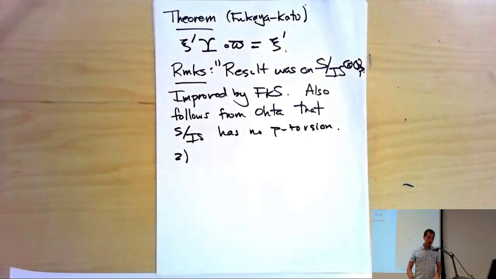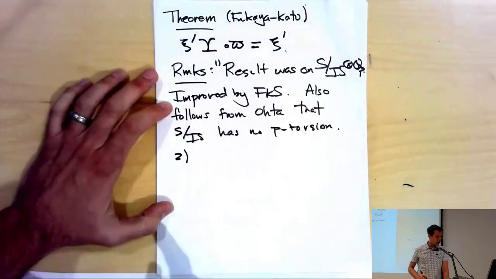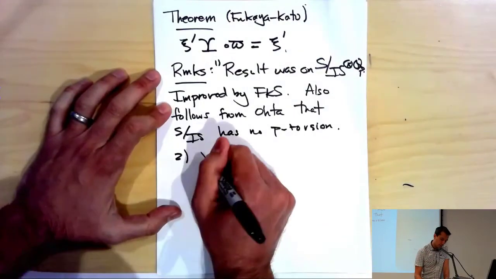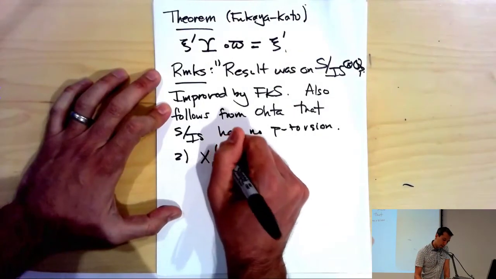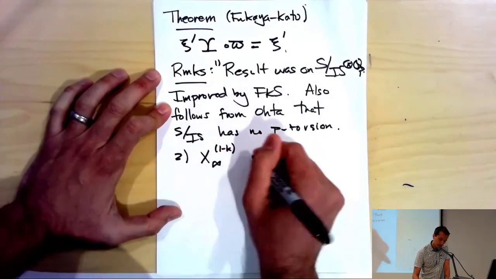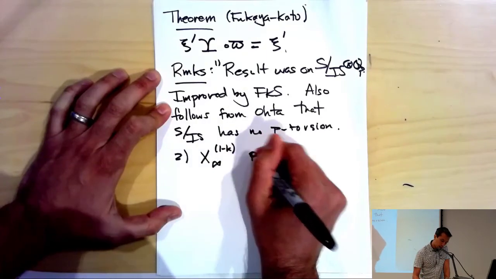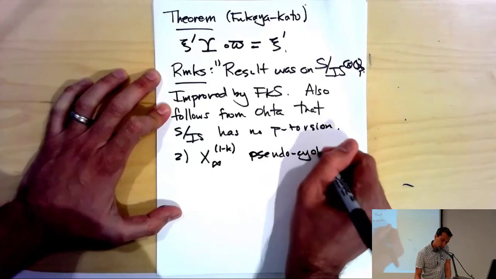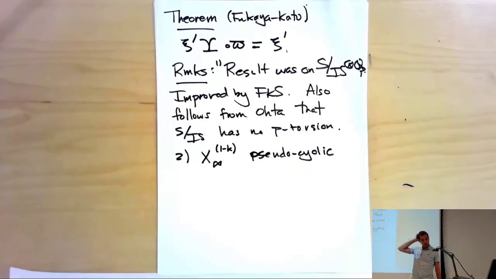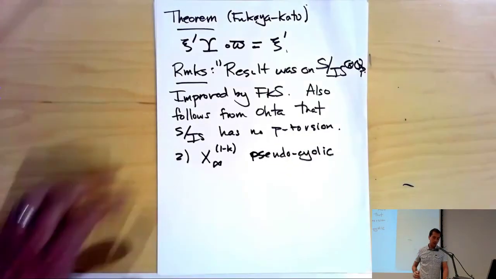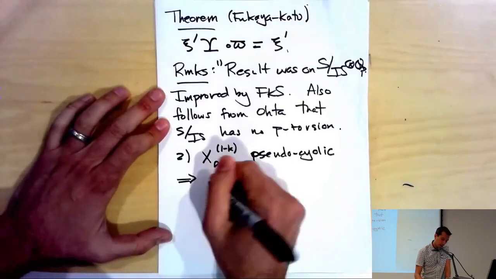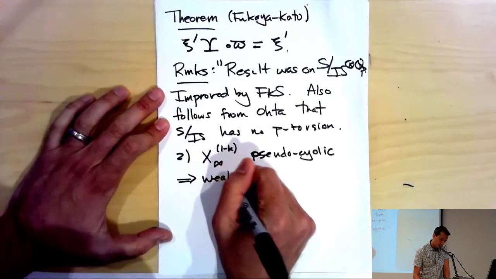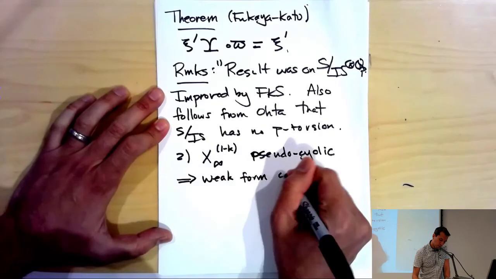The second one is if we had something: Vandiver's conjecture or Greenberg's conjecture would imply that this X_infinity^(1-k), for k even, is not quite cyclic, but pseudo-cyclic, pseudo-isomorphic to a cyclic Lambda module. And if we had this, this would imply, together with the above, the weak form of the conjecture